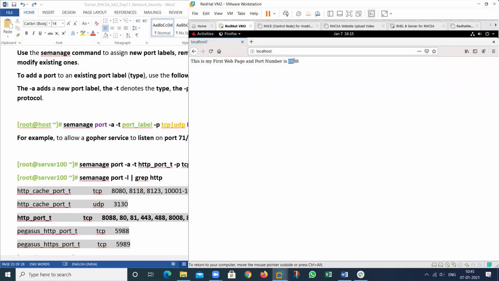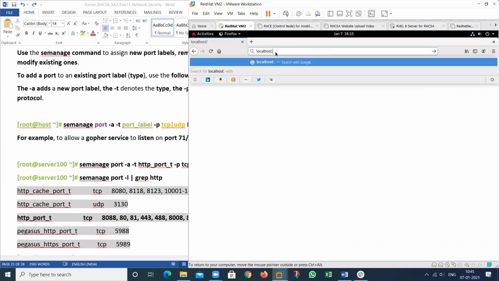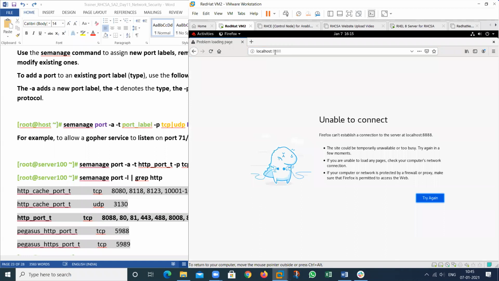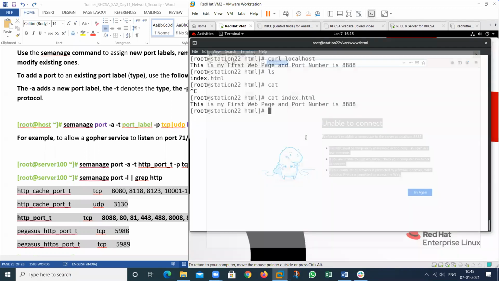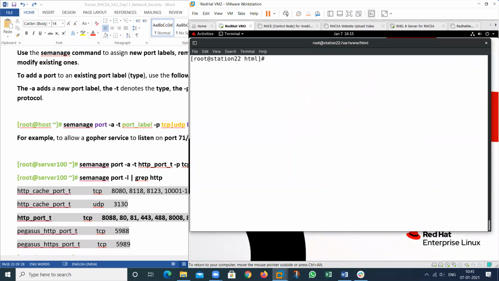But I want to allow this particular web page by using 8088. This one. Then that is not allowed. See here. So this is not allowed in my machine. And I want to allow this one because this is not a default port. It's a non-standard port.